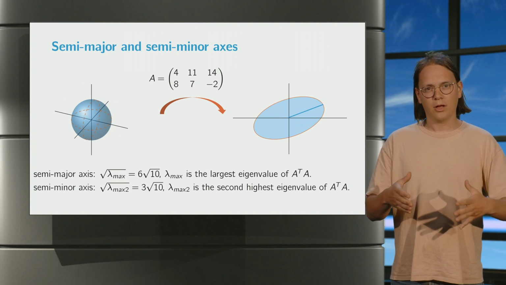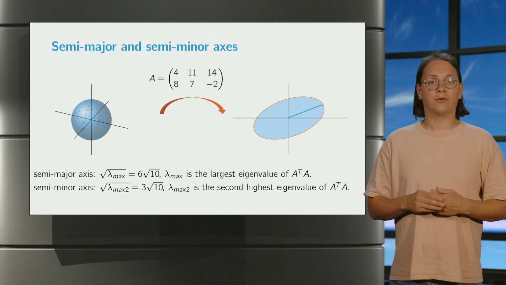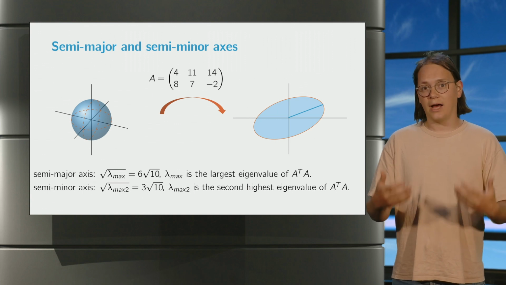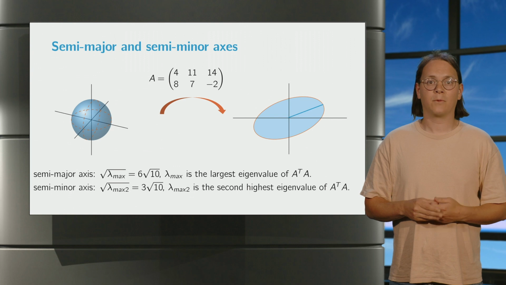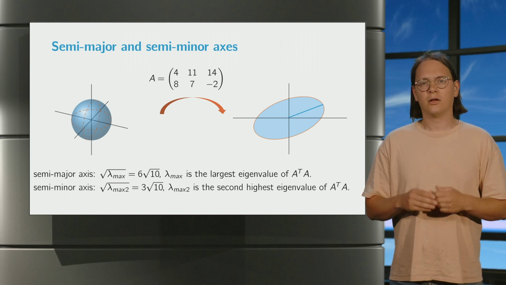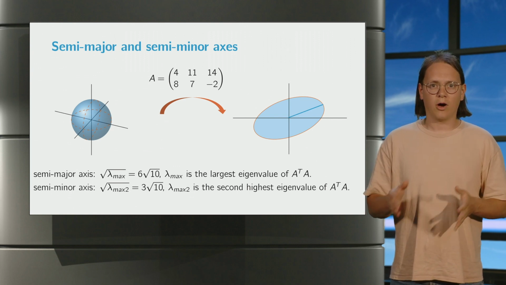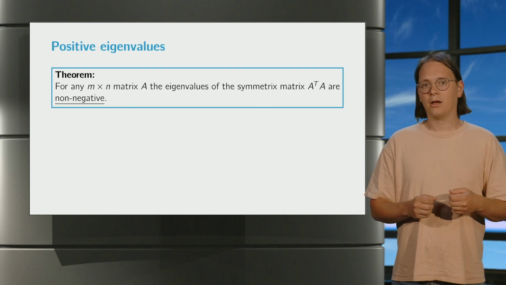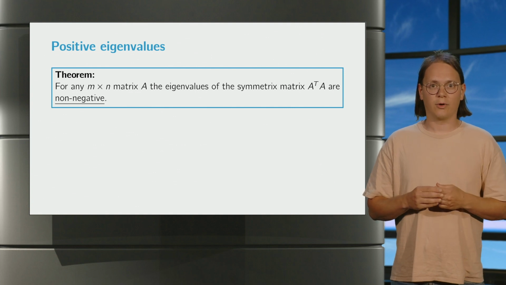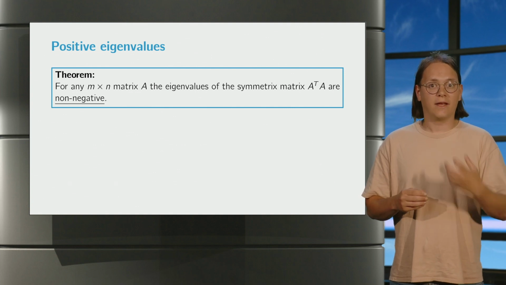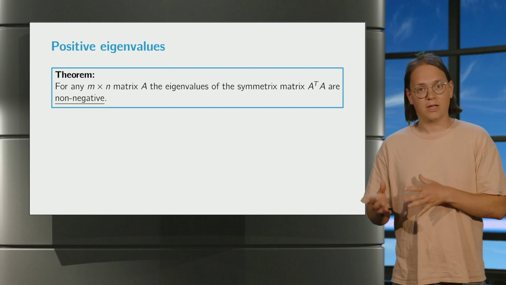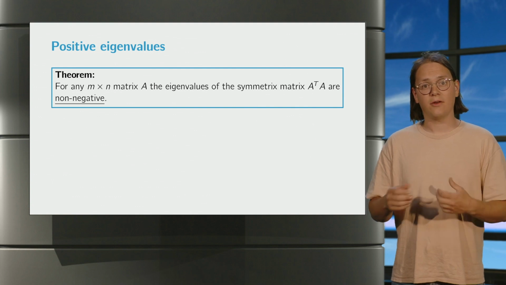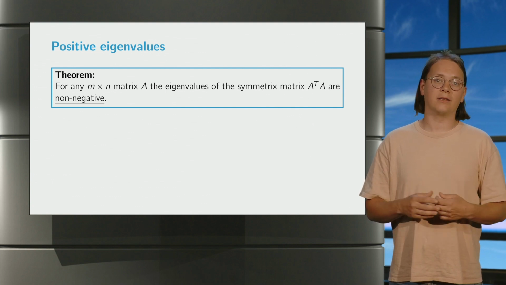Here's a good example of how simple geometrical questions can result in apparently interesting quantities. In this case, the square roots of eigenvalues of A transpose times A for any matrix A. So what exactly is going on here? What are these values, and in what generality can we apply this method? Considering the generality is a good starting question, whether we can always take square roots of eigenvalues of A transpose times A. It turns out that indeed we can, since the eigenvalues of A transpose A are non-negative for any matrix A.